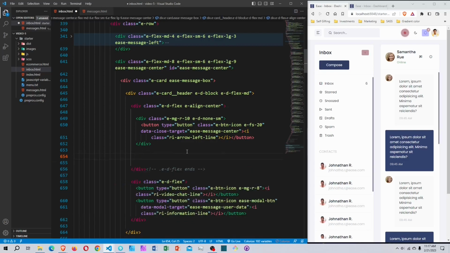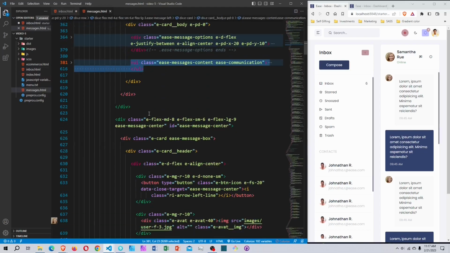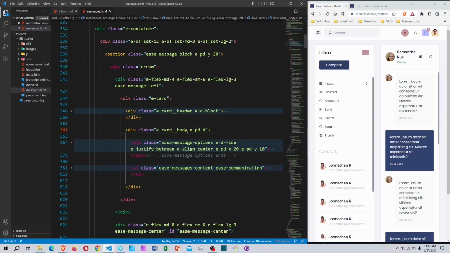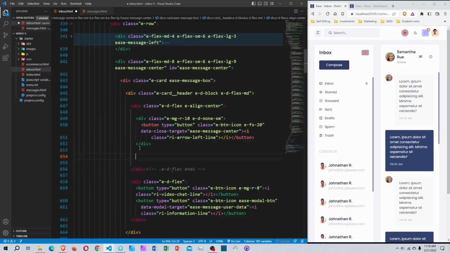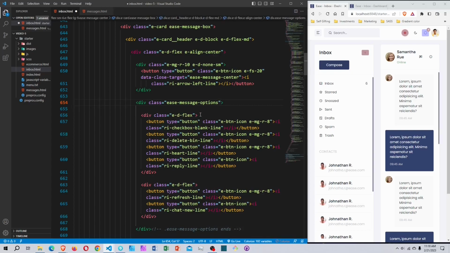Okay, and go to the message right here, and inside the body code, when we had the message option, I'm just gonna copy this whole thing and go back to the inbox and paste it right here. Okay, and I'm going to delete all the classes except for the first one, so everything gets deleted. So if I save this now,